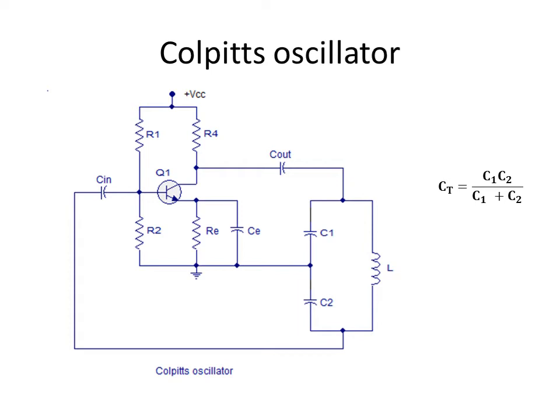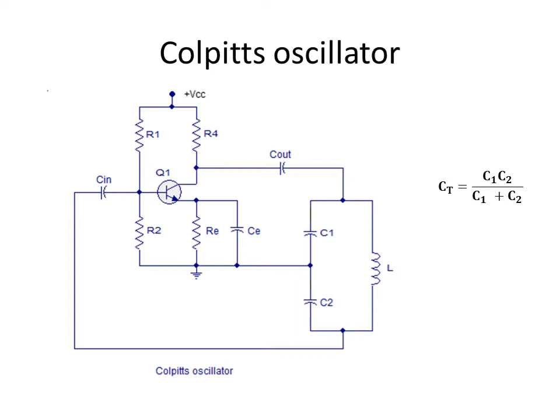So that means the feedback fraction is the voltage developed across C2. Feedback fraction is the voltage developed across C2. So that is given as the feedback. Now we will have to see how we ensure that there is a 360-degree total phase difference between the input and output. Already because of the presence of Q1 there is a 180-degree phase shift. Now we will have to see how we are ensuring the additional 180-degree phase shift.